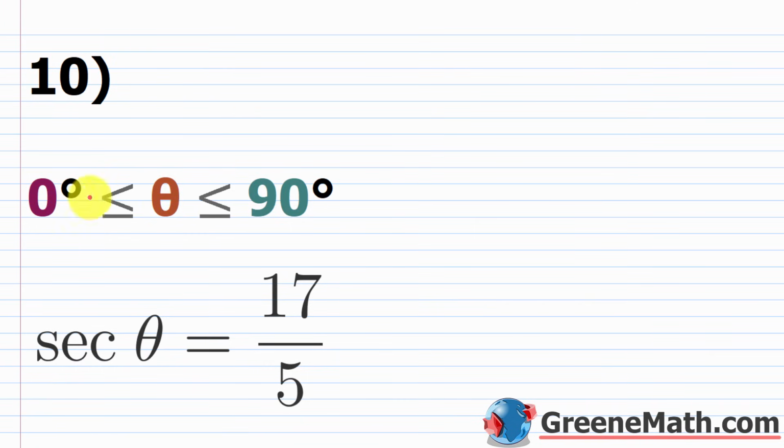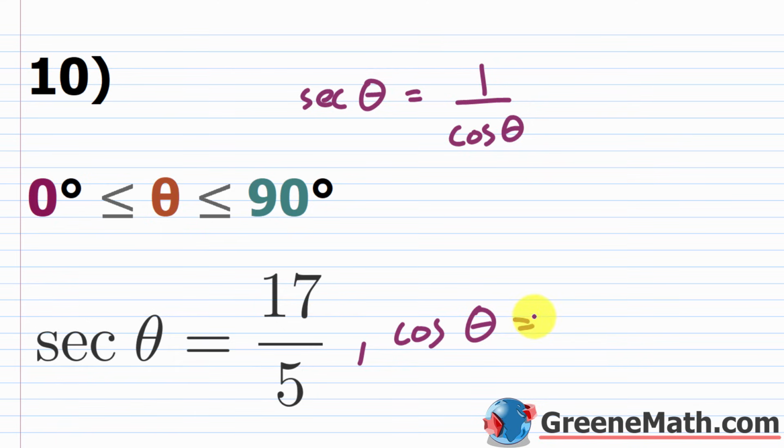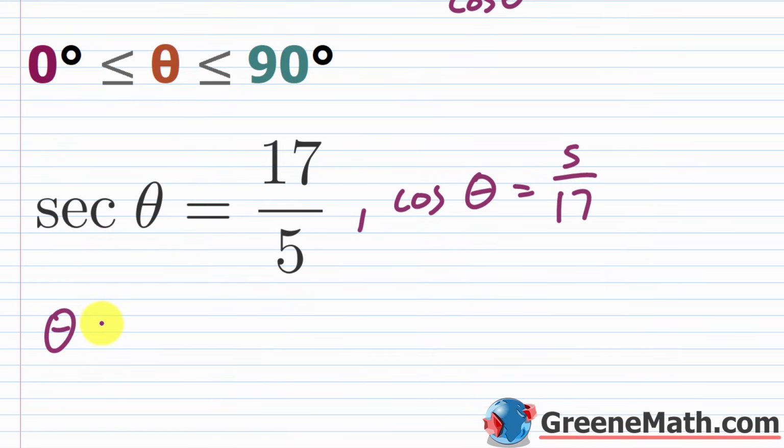So theta is greater than or equal to 0 degrees and less than or equal to 90 degrees. And we're given that the secant of theta is equal to 17 over 5. So again, we know that the secant of theta is equal to 1 over the cosine of theta. So my cosine of theta here is going to be, just flip this, so this is 5 over 17. Again, you could just find the reciprocal. I can say that theta is equal to the inverse cosine of this 5 over 17, and this is approximately